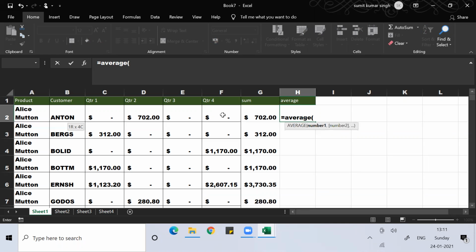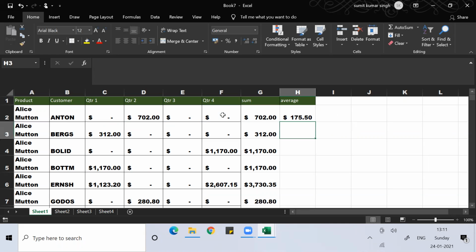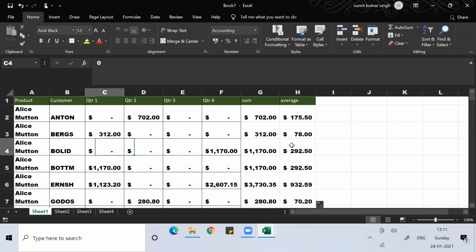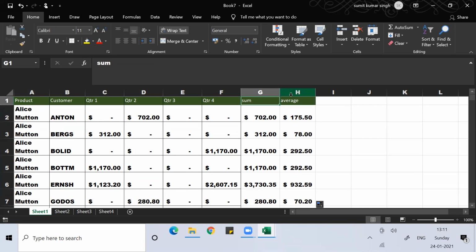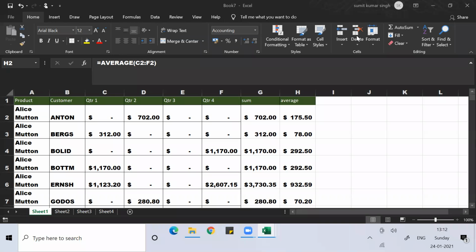Or you can use the formula called equal to average. Equal to average, open bracket, select this data, close bracket, enter. Once you have done one calculation, double click here. All other calculations will be done for you. So statistically this becomes very convenient when you are working on Excel. You can do them very easily, and I hope you are getting the logic. Anyone, any doubt, any question? Fine. I hope you easily understand this much.